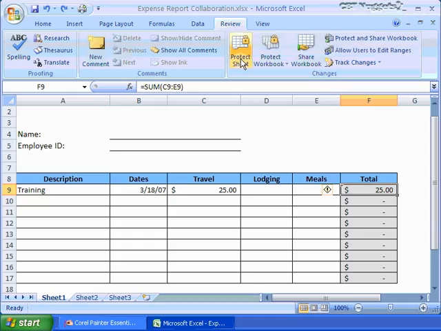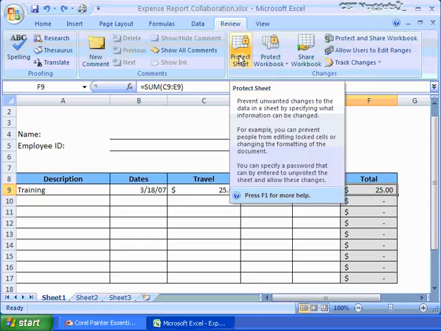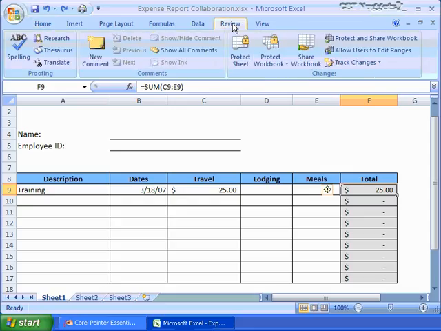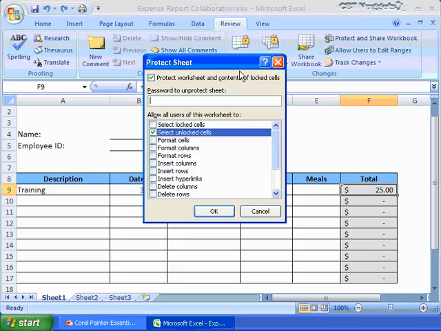And I will add a password. Here I can click Protect Sheet. It's the same thing as going to the Home tab to the Format area. Either way, remember that's on the Review tab, Protect Sheet. Now I do want a password to unprotect the sheet. I will have password as my password,